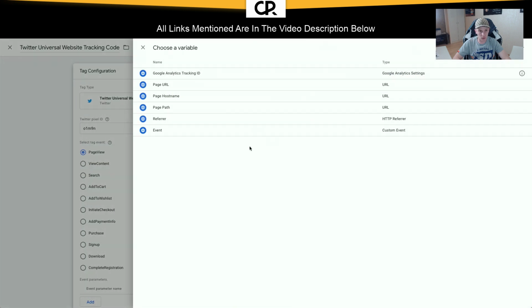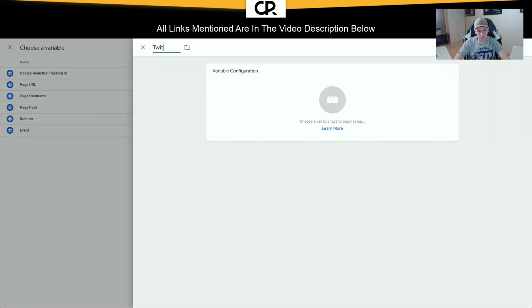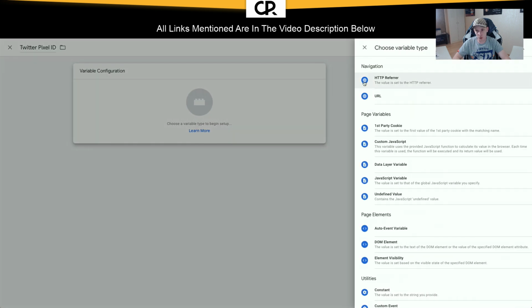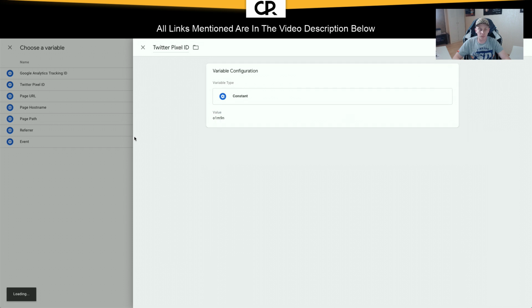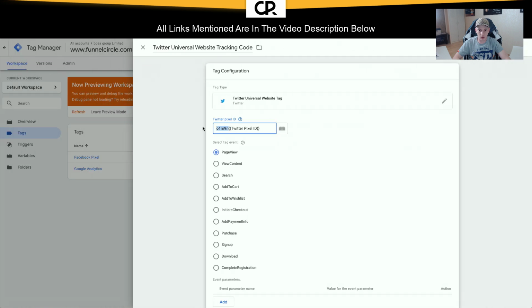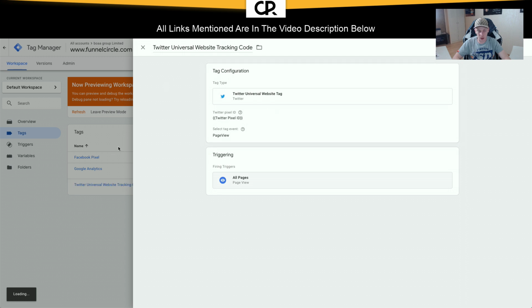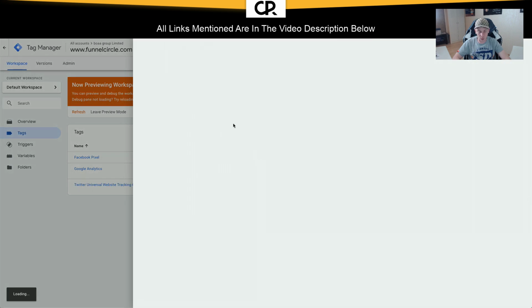Actually, we're going to do a Twitter pixel ID, so we're going to create a variable for that. We could have done the same for the Facebook pixel, which we will actually do real quick. So we say new variable, Twitter pixel ID, and we say new, and it's a constant. Oh, down there it was constant, and we give it this value. And then it should close and go back one, and then see. So here it's like, then with those brackets, I don't know how they're called in English. And so it's done. We have our Twitter tracking set up now,